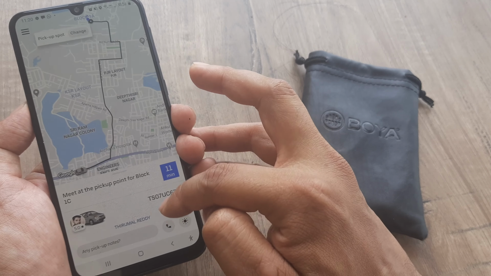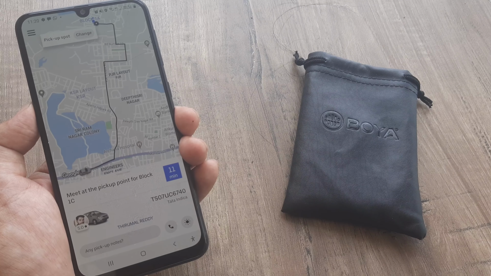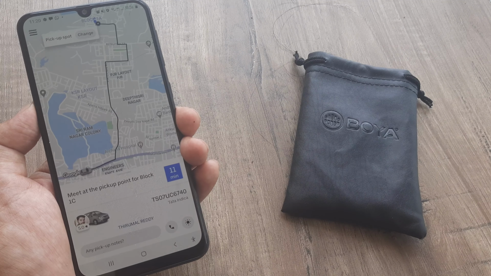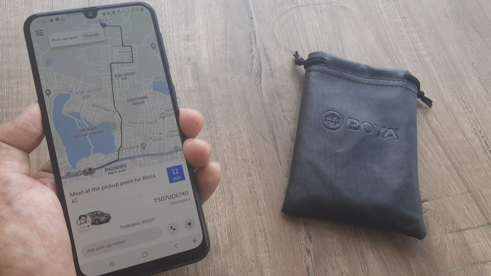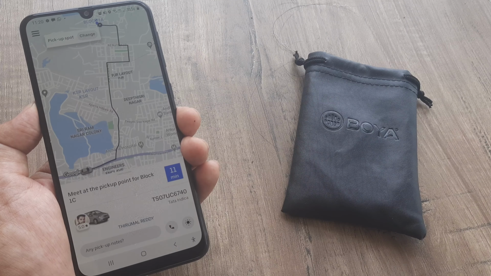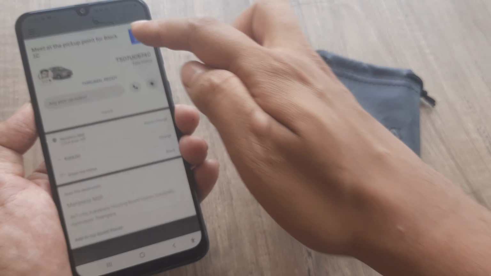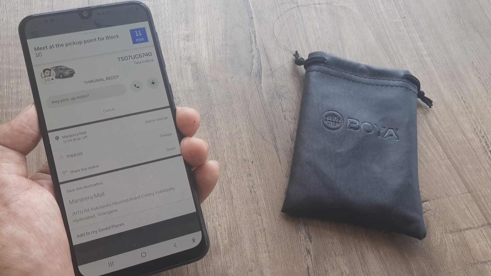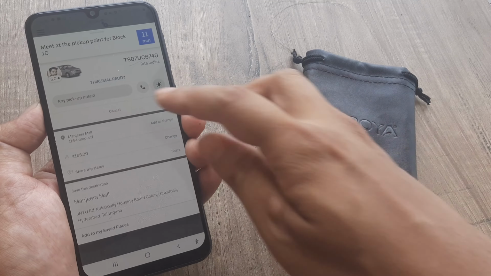I can call the driver. Unlike Ola, you don't have OTP here. Uber is thinking of having the OTP mechanism, but it's an AC ride and you can carry 2 people with you. So this is how you would be using Uber, not just to book rides, but even schedule rides. In case you don't want to ride, you can always cancel the ride. But I actually need to have this ride, so I will have it. So hopefully this helps. This is where you cancel.